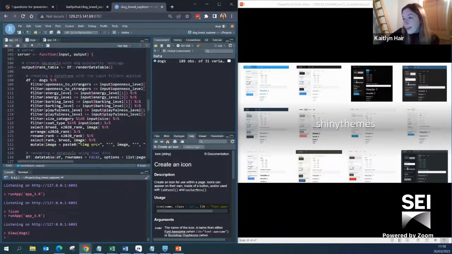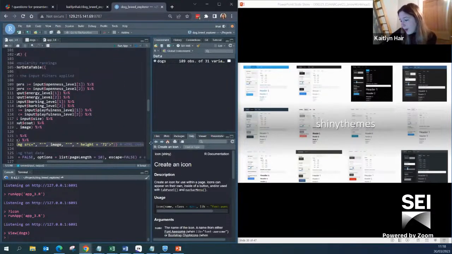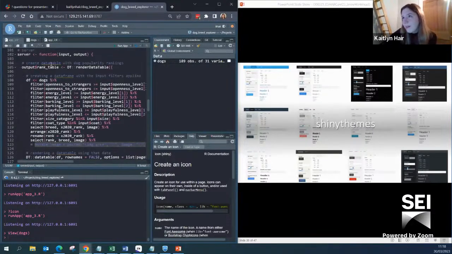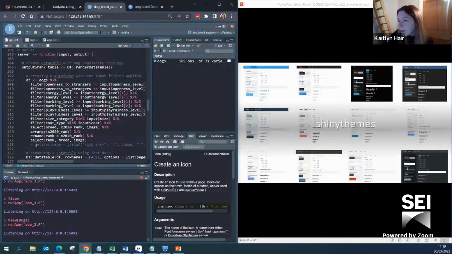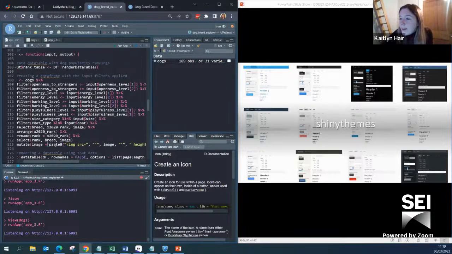So I added this in, and you'll see what happens if I don't have this last bit, because it's not as simple as it might appear initially. If I just leave it as it is in the data frame and add it to the data table, it will appear like this, which is not that useful. So what I did was I essentially mutated that and pasted in